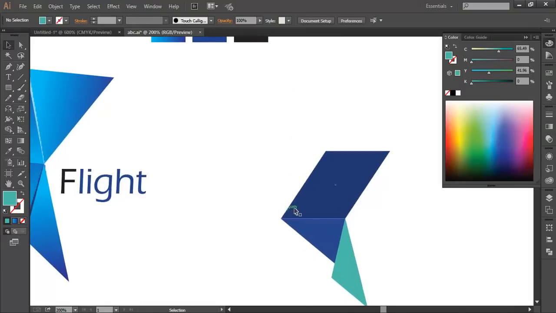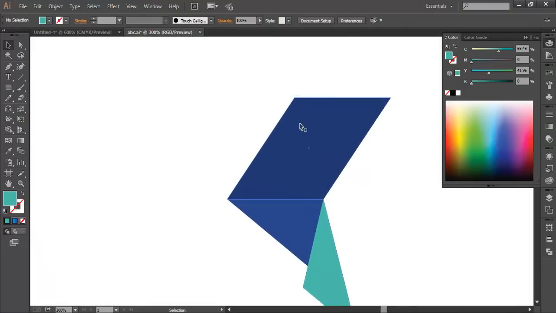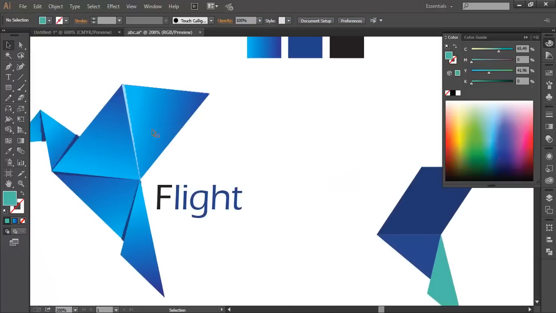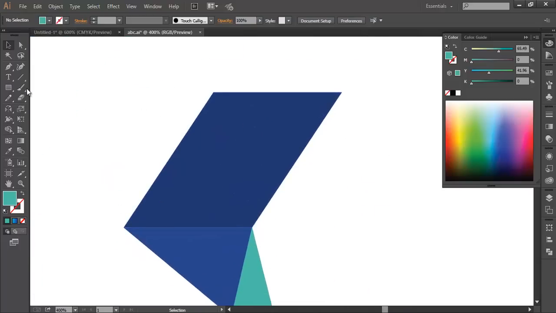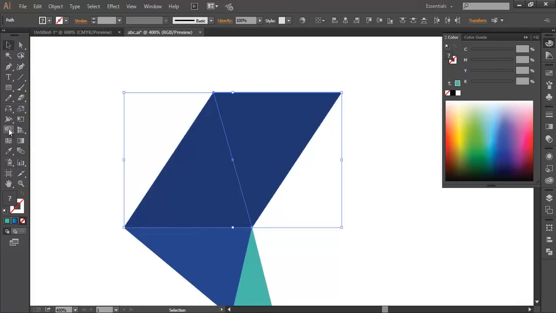Now next thing is we'll go up. We'll create a division here. You can see there are two divisions, so we'll create that using the line segment. Create a line segment from here till this point of intersection. Select both of them, separate them using the